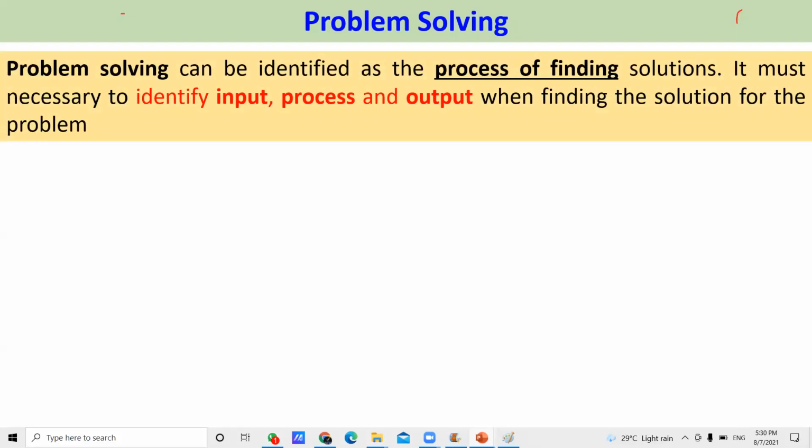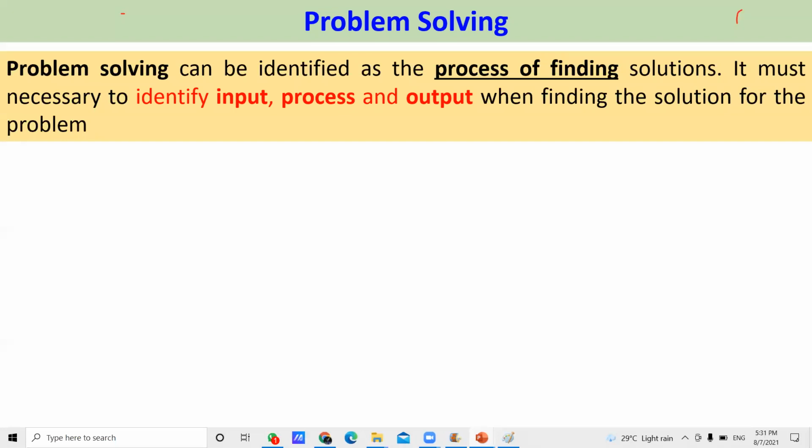Problem solving we can define as the process of finding a solution. When you are trying to solve a problem, there are 3 particular terms you need to identify and analyze: input, process, and output.